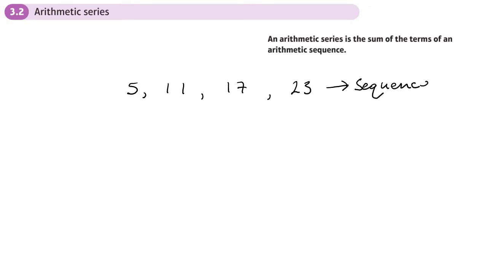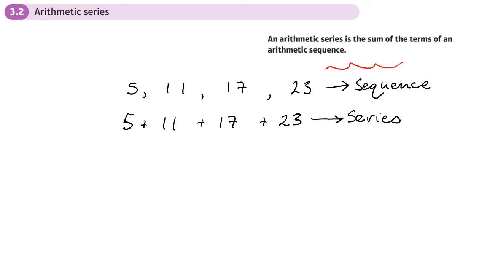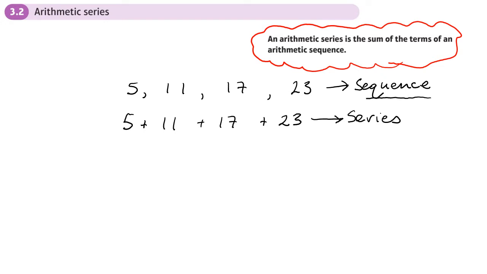separated by commas. If I find the sum of the numbers in a sequence, it now becomes what we call a series. So as it says up here, an arithmetic series is the sum of the terms in an arithmetic sequence. So the top one is a sequence, this is a series. That's just the sum of the terms in a sequence, even if the terms in that sequence,